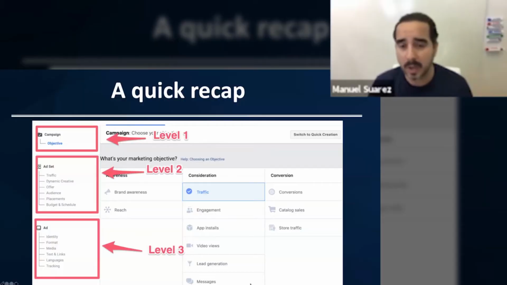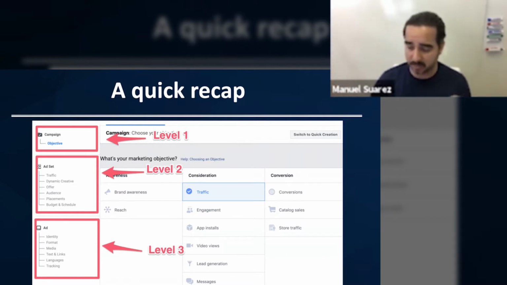So here's a quick recap. If you guys have some familiarity with the Facebook Business Manager, you already know that when you're going to create a campaign, generally there are 3 things that you have to get done, always, religiously. If you don't do them, you don't have a campaign, right? You have to select a campaign that has an objective, you have to select an audience, and you also have to select an ad. Those 3 things combined complete a campaign creation process.